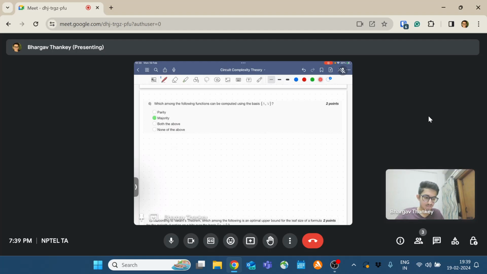Because parity will require NOT gates. Majority we can do with monotone circuits. That's the exact explanation. Last class we saw that every monotone function